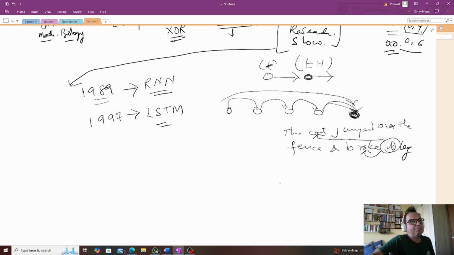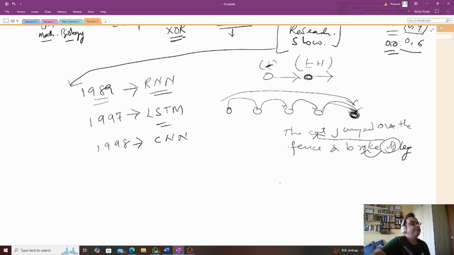So this is a problem that was being faced by RNNs, and LSTMs came into the picture in say 1997, which helped with putting this long-term and short-term memory in place. So that was 1997, I suppose. In 1998,